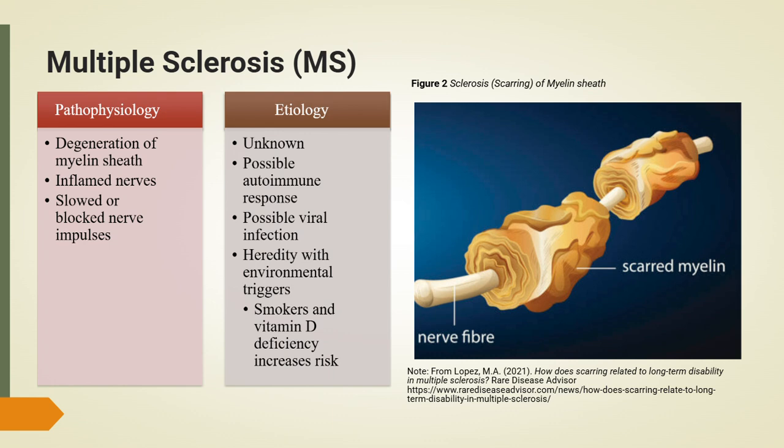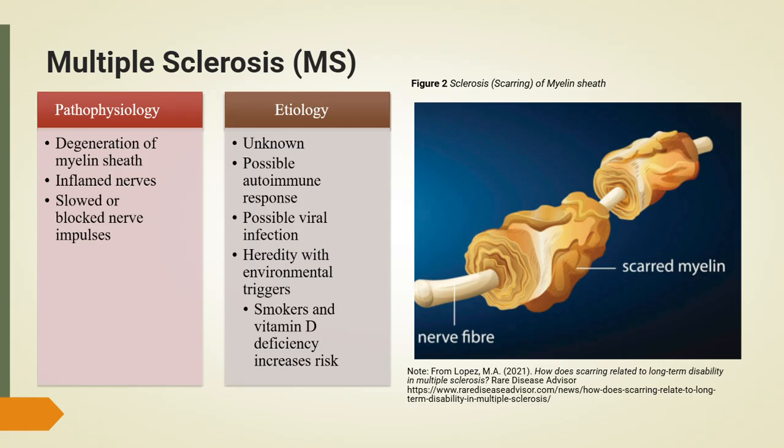The exact cause of multiple sclerosis is unknown, but research shows it likely results from a mix of genetic susceptibility and environmental triggers. Individuals may have immune-related genes that increase risk, but often need an activating trigger such as a viral infection. Other risk factors include vitamin D deficiency, smoking, low sunlight exposure, and certain geographic regions. Also, multiple sclerosis is more common in women and typically begins between the ages of 20 and 50.